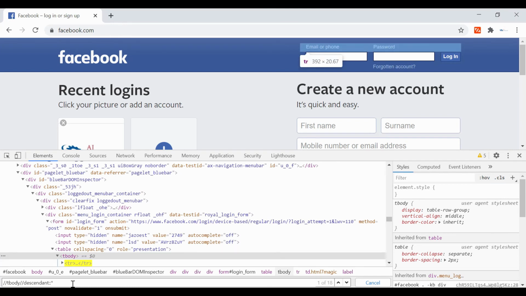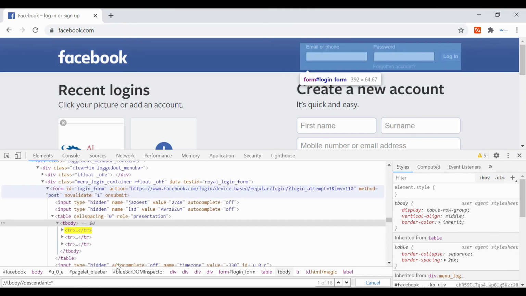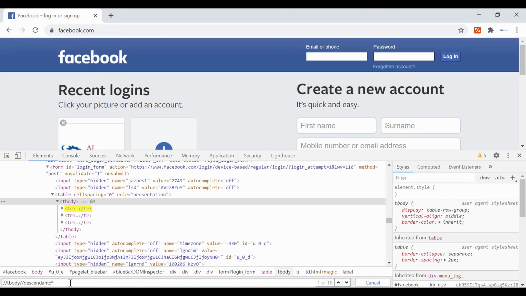If you want to go to a particular one, you can use the tag, but we have given the star, that means all. As you can see there are 18, means this tbody has 18 descendants, including grandchildren and so on.